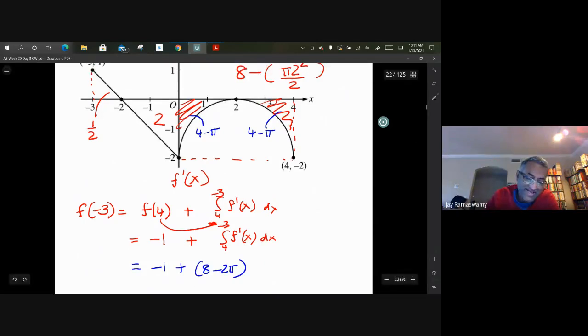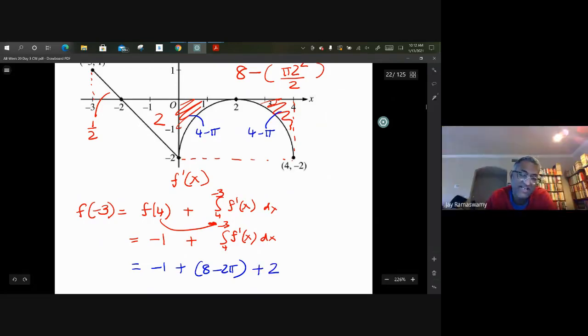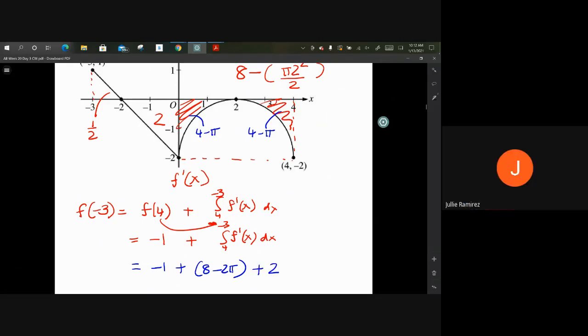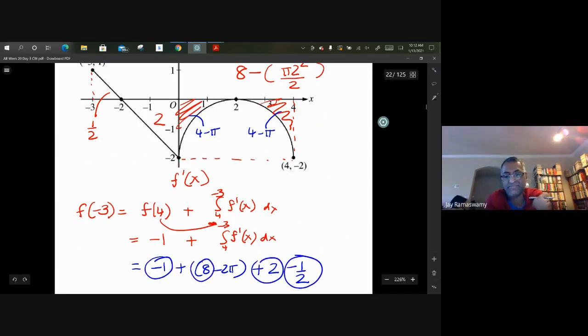Plus 1/2. And then for the 2, is that a positive 2 or a negative 2? Positive 2 because I'm below the axis. Minus. Finally, 1/2 minus. Half, because all the signs flip. Everybody okay there? You can combine these like terms. I will not do it, but I'm just showing you. You can combine those like terms, correct? Okay. So everybody follow sign conventions. Right to left means